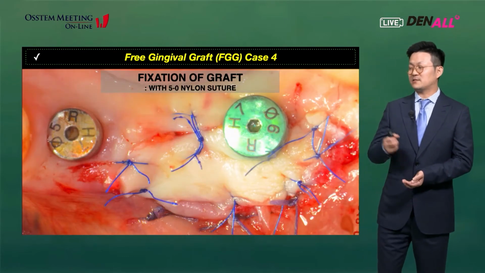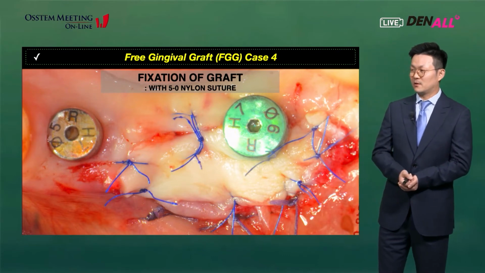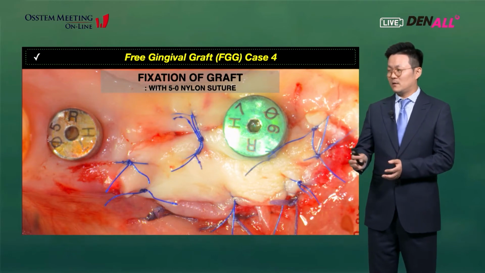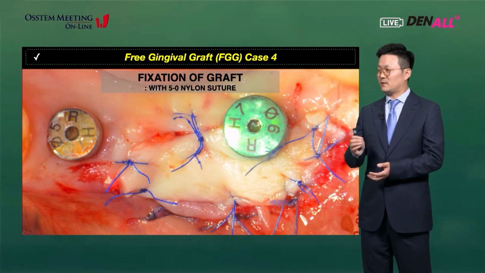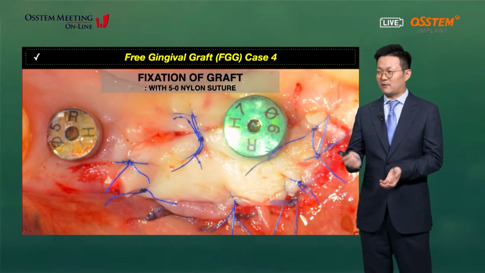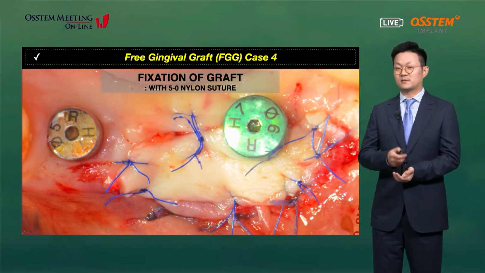After that, I fix the graft tissue on the recipient side with the 5-0 nylon suture. As you see, there's no gap and perfect size matching and shape matching between the recipient side and graft, because I have used the template for donor side